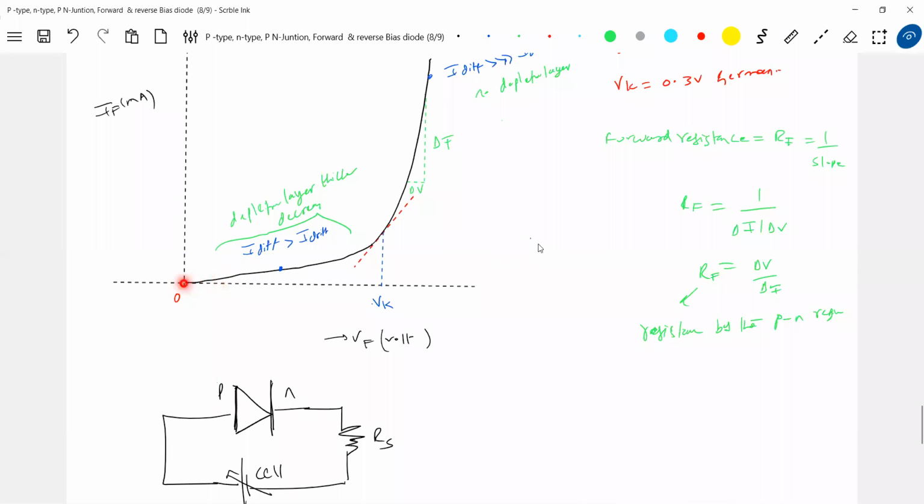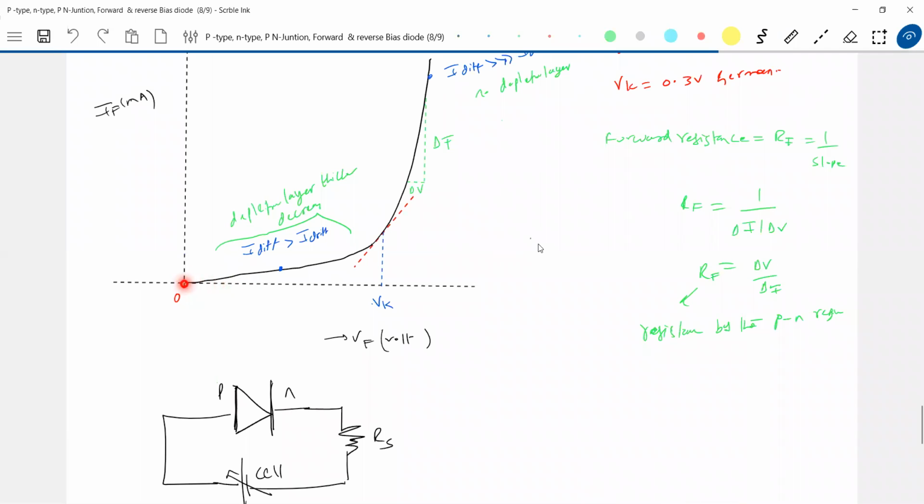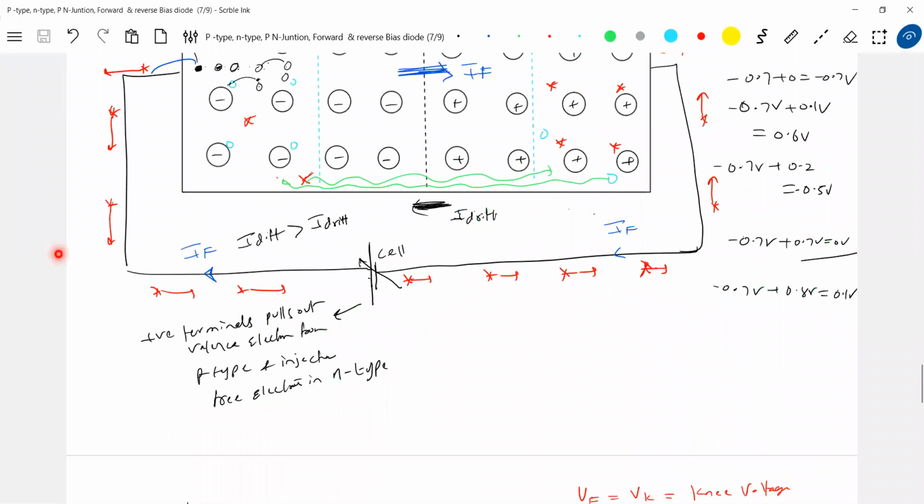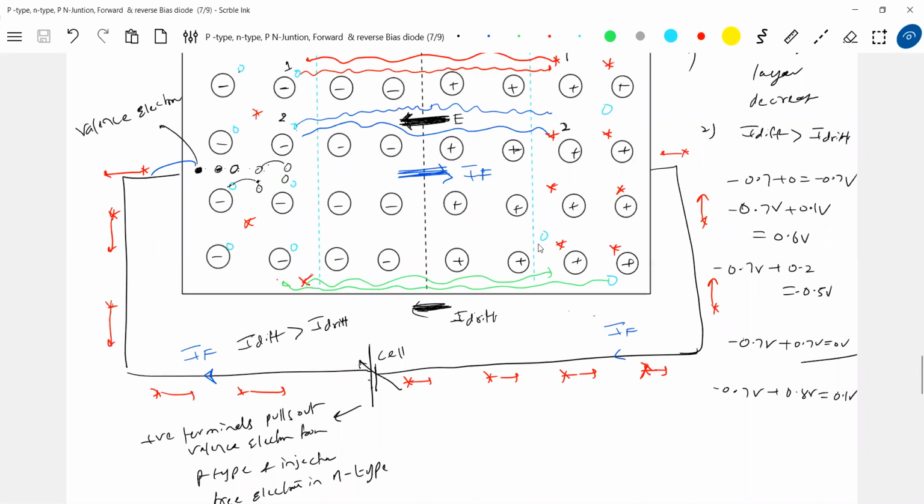Earlier, let's assume 100 majority carriers were flowing. Here how many will be there? More than 100, because the barrier potential has decreased slightly. Here 300, 400, 500, 600, almost open, no barrier potential. So as we increase the bias, the barrier potential keeps decreasing. This is enough explanation; I spent almost 2 hours only to show the flow of charges.